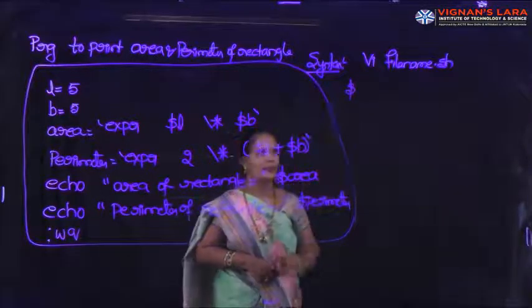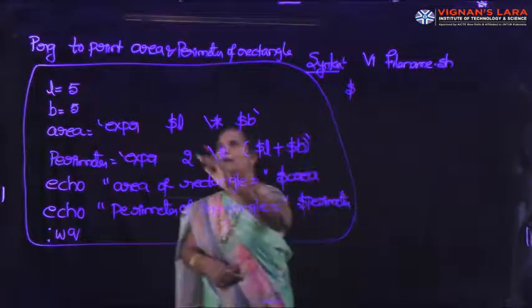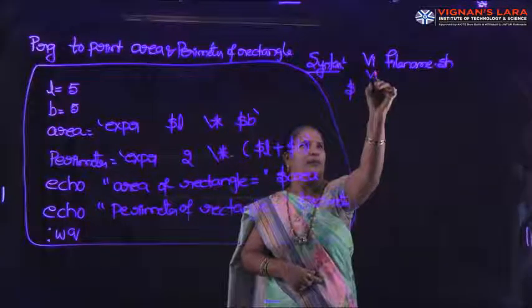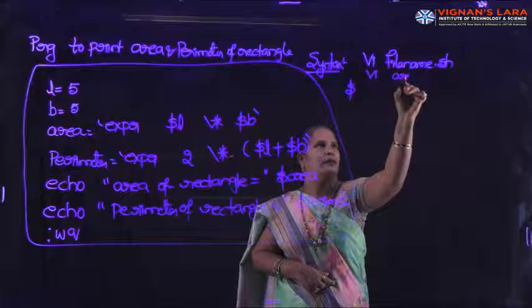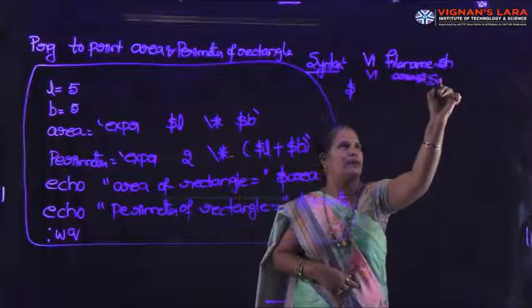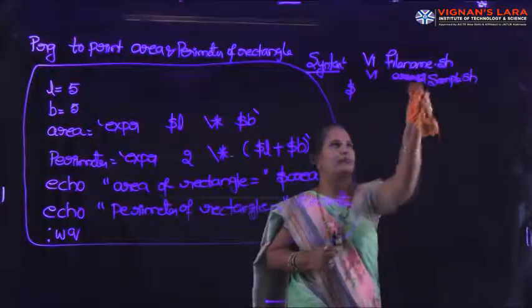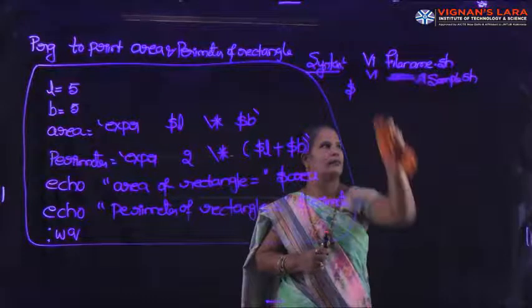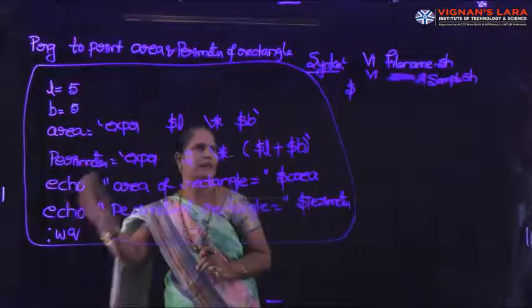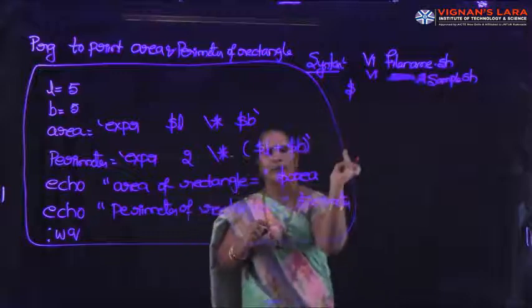To create a file, the syntax is vi space filename dot sh. Here I wrote the program for area and perimeter of a rectangle. Simply take vi space sample dot sh. Next it will display the editor. Within the editor we have to type the entire script. Next, after pressing shift colon WQ, simply the dollar prompt will be displayed.